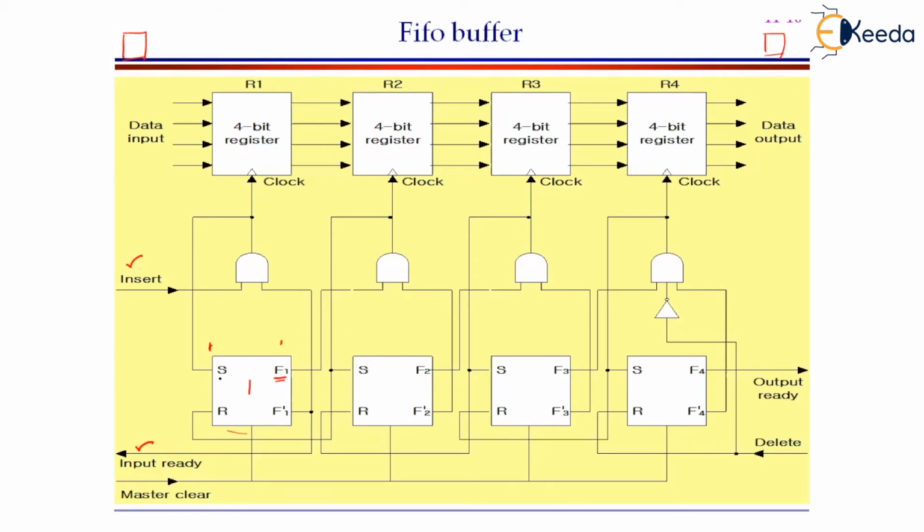Now, as S is equal to 1, F1 is equal to 1. This 1 is connected to one of the inputs of the second AND gate. And the second input of this AND gate is connected from F2's complement. You know that when this flip-flop is not working, R will be equal to 1, F2 is equal to 0. Once again, R is equal to 1 and F2 complement is equal to 1. When the flip-flop is in a reset state, S will be equal to 0 and F2 is also equal to 0.